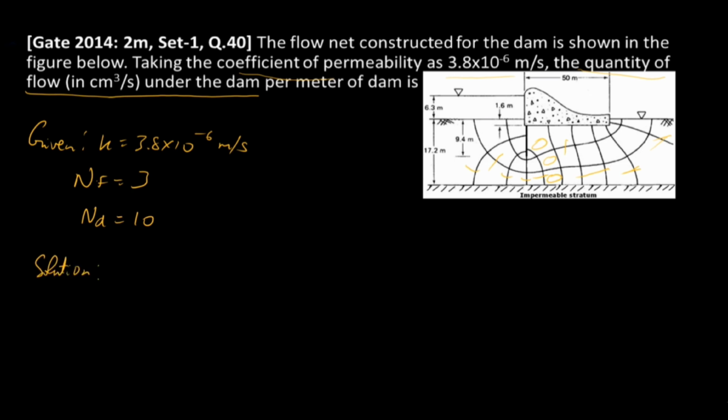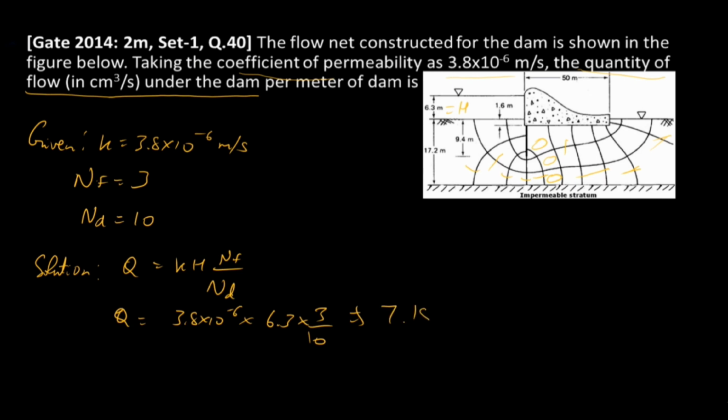Solution. The equation of discharge from seepage analysis is given by Q equal to KH NF by ND. So H is nothing but the height of the water table above ground level, that is 6.3. So Q is equal to K, 3.8 into 10 to the power minus 6, into 6.3, into 3 by 10, which gives you 7.182 into 10 to the power minus 6